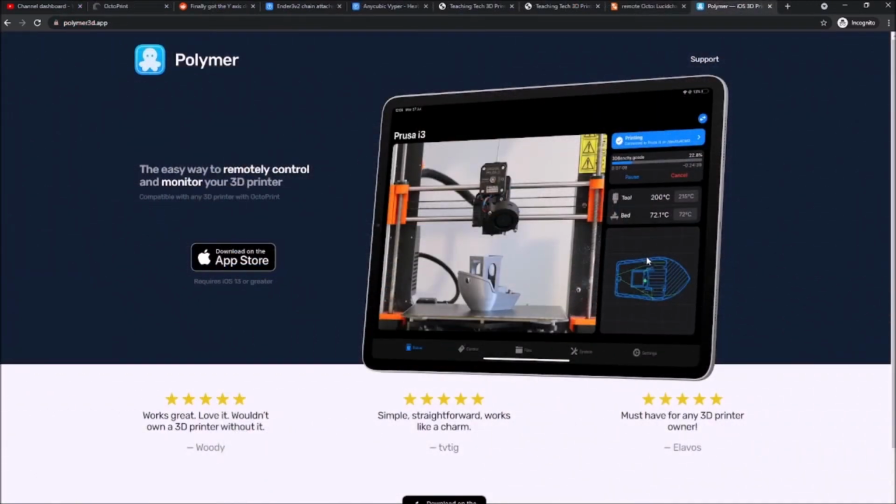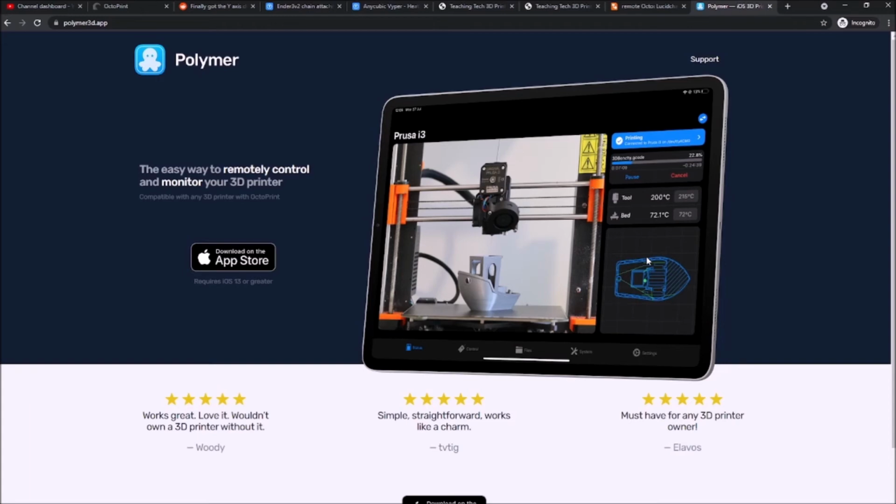The mobile app I chose because I'm using iOS is Polymer. It's recommended by OctoEverywhere, and it was very straightforward to set up. When you fire up the app, it has a button to auto search for your printer. It found mine right away, and then there's a button that just says OctoEverywhere right on it. You click that, and it connects and then pushes the secure token between the two. That's when you see that prompt on the Octo screen where you say allow, and it completes the handshake or